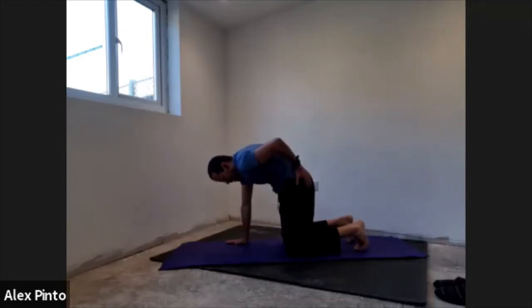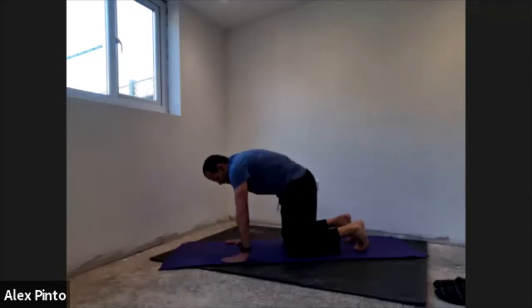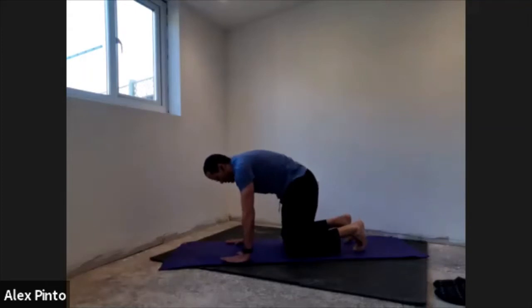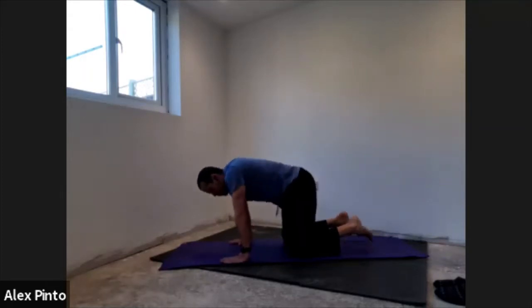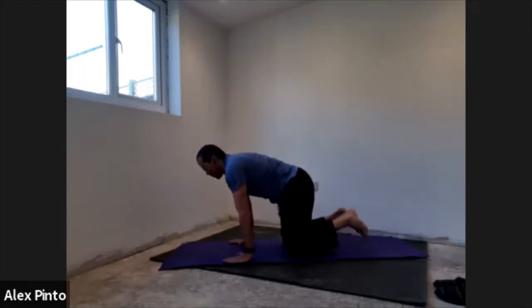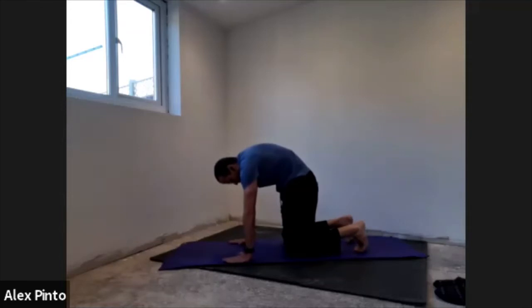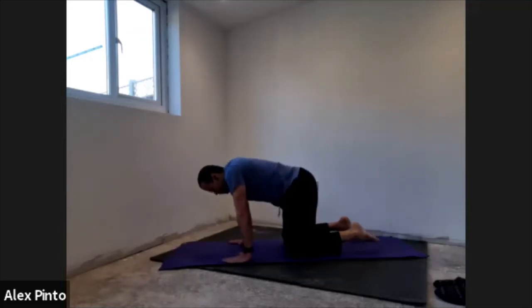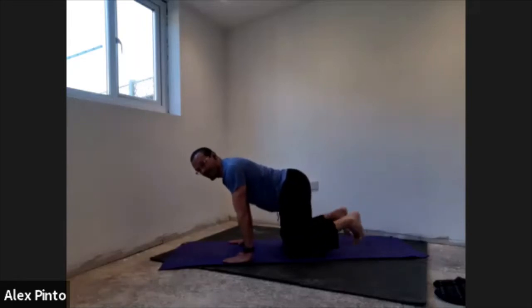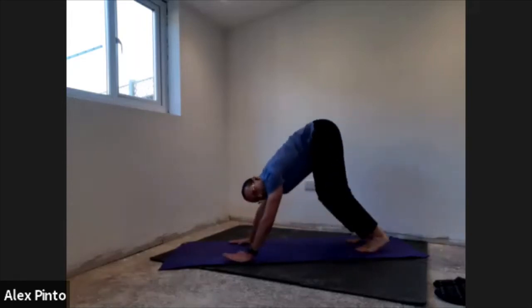Taking your tailbone under as you round your back. Tailbone up as you arch. And again, you can breathe out as you round, breathe in as you extend. One more, breathe out, breathe in. Now as you breathe out, you can tuck your toes under and push your hips all the way